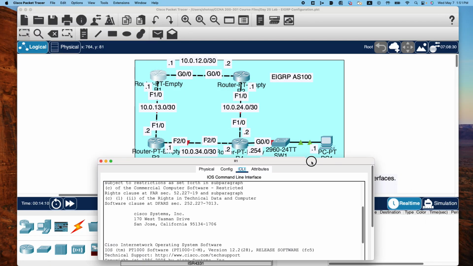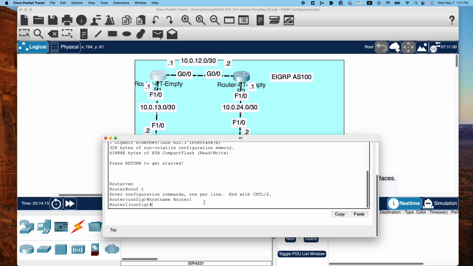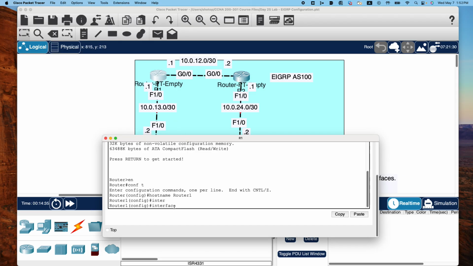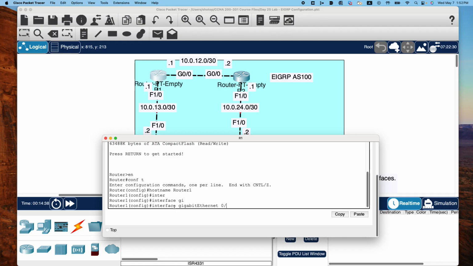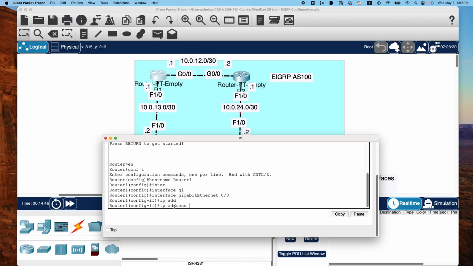I rewatched the first video I did of these, and it was kind of difficult to see. You can zoom in on YouTube, but anyway, router one now has a host name. Its G0/0 interface needs an IP address, and its F1/0 needs an IP address. So I'll start with G0/0. Interface gigabit 0/0, and in interface configuration mode, we'll say ip address